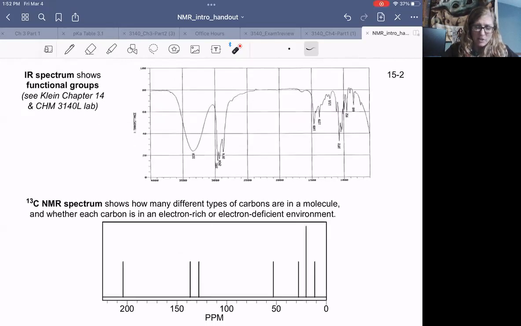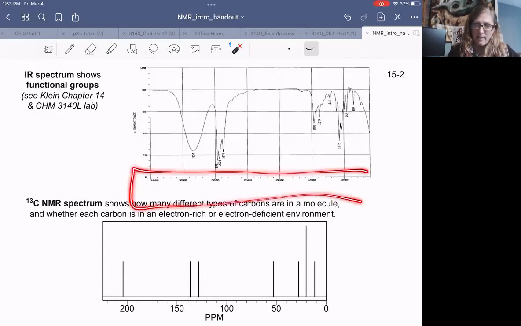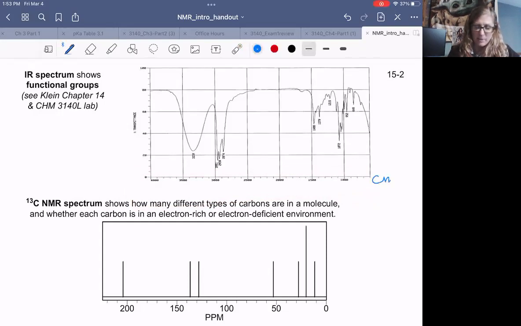Let's take a look at some spectra to see what these look like in practice. So what is an IR spectrum? It looks something like this. This is discussed if you're using the Klein textbook, in chapter 14. And so what we're looking at down here is wave number. Typically, the units here are reciprocal centimeters, and over here we're looking at percent transmittance, percent transmission, and so